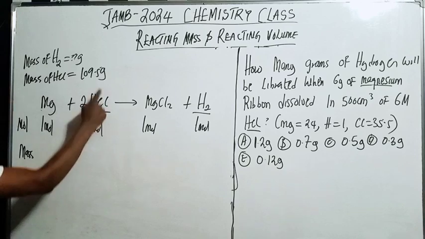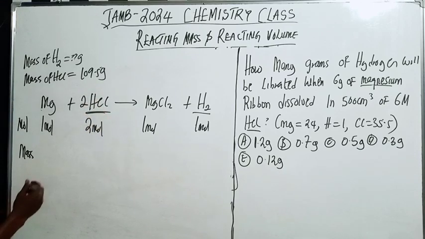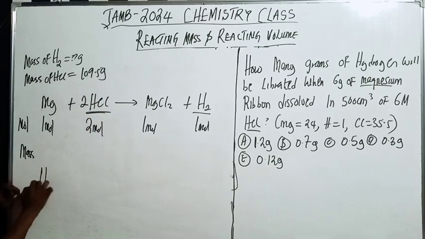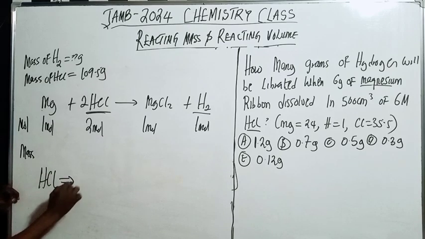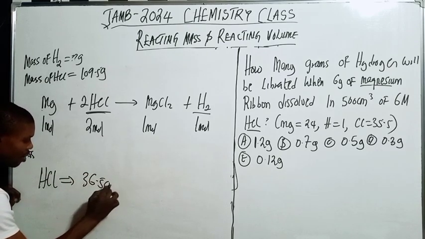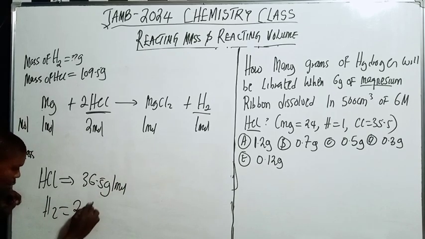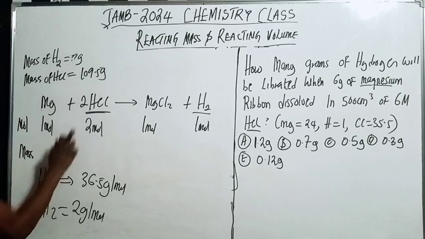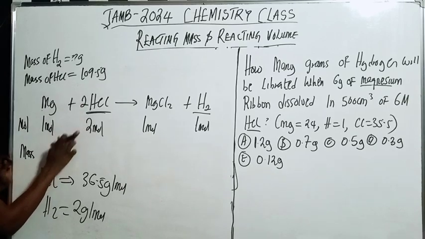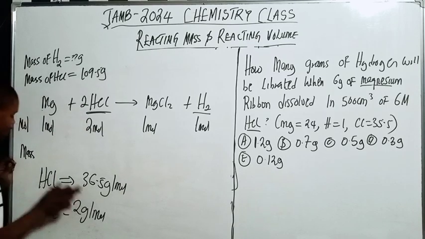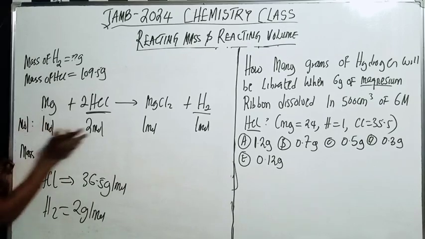So the molar mass of HCl. What is the molar mass of HCl? The molar mass of HCl is 36.5 grams per mole, right? H2 is 2 grams per mole. Do you understand? So how many moles do you have here? We have 2 moles, right? 2 times 36.5. So here we have the balance of mole